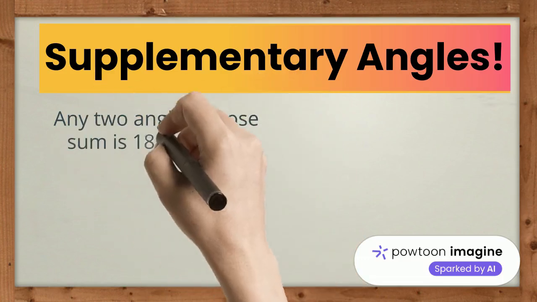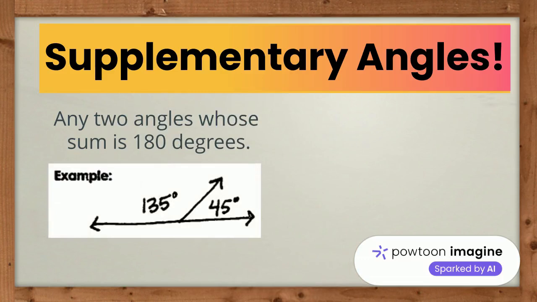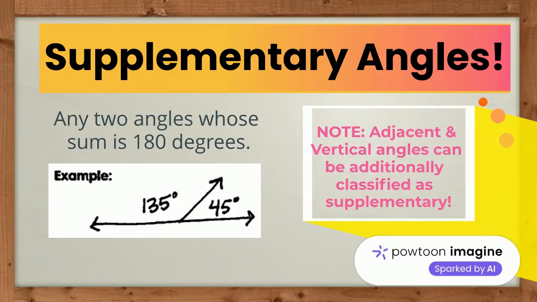Then we have supplementary angles, which are any two angles whose sum is 180 degrees. In the example, if we were to add those two angles, 135 plus 45 would equal 180 degrees. Now, it's important to note that adjacent and vertical angles can also be classified as supplementary if their two angles